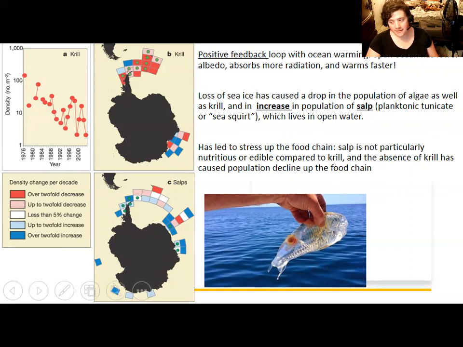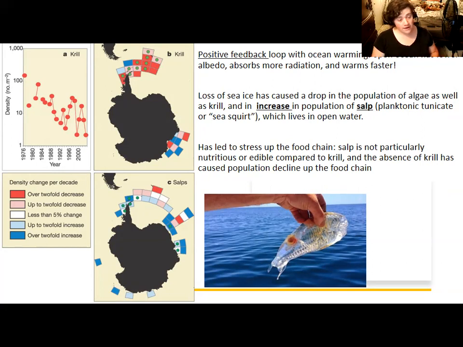It's kind of like how rats and other invasive species are thriving in the wake of human-caused changes. Salp are not introduced by people. They lived in Antarctica already, but they're spreading, and the ecosystem is being much more heavily dominated by salp than by krill. And that's a problem in terms of what the current ecological composition is like.